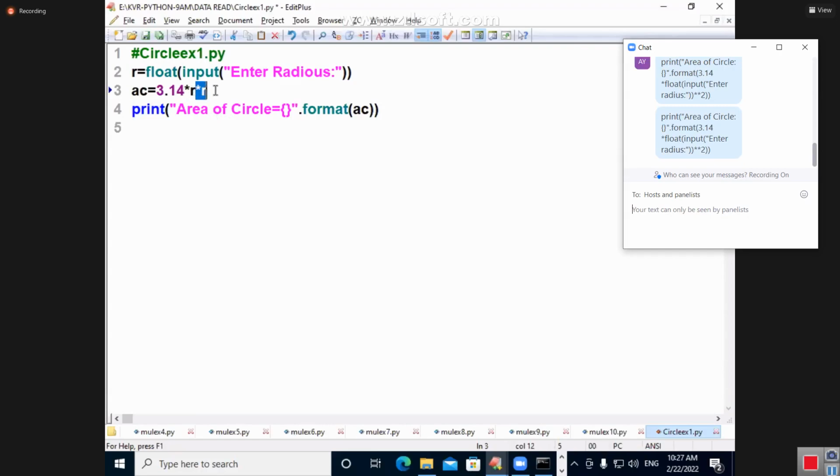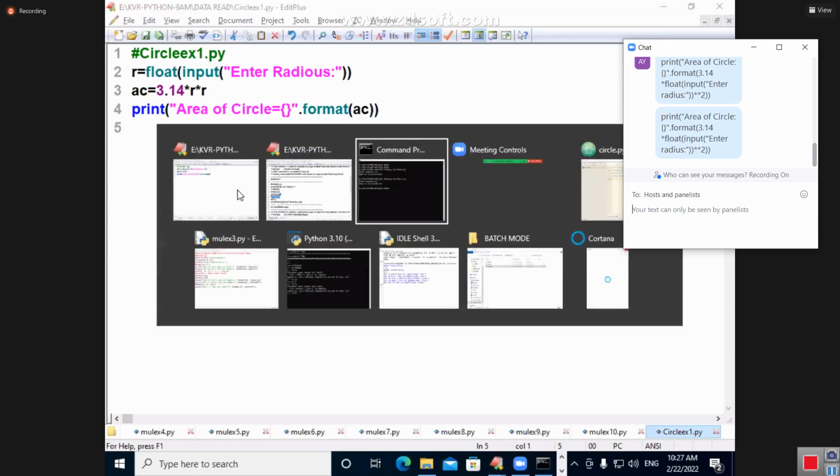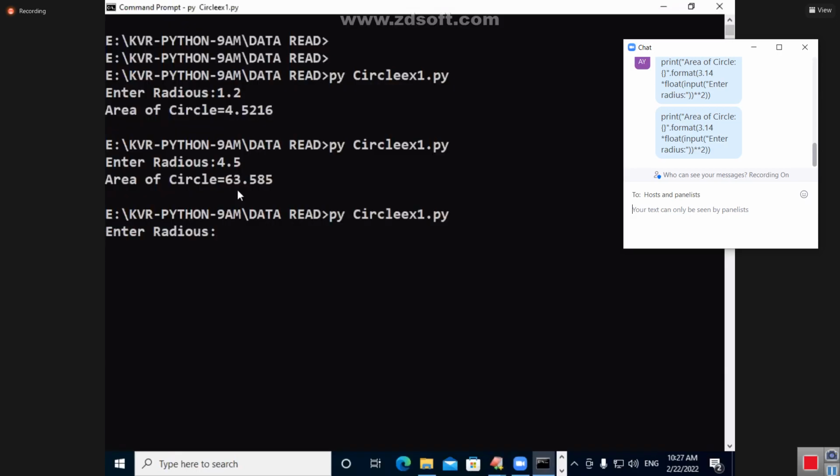So here I am writing R into R. Also I mentioned it. Just let me execute once and I will dictate that question once again to you. So something like 4.5, I got the answer, R square. Okay, write down. Write a Python program which will calculate